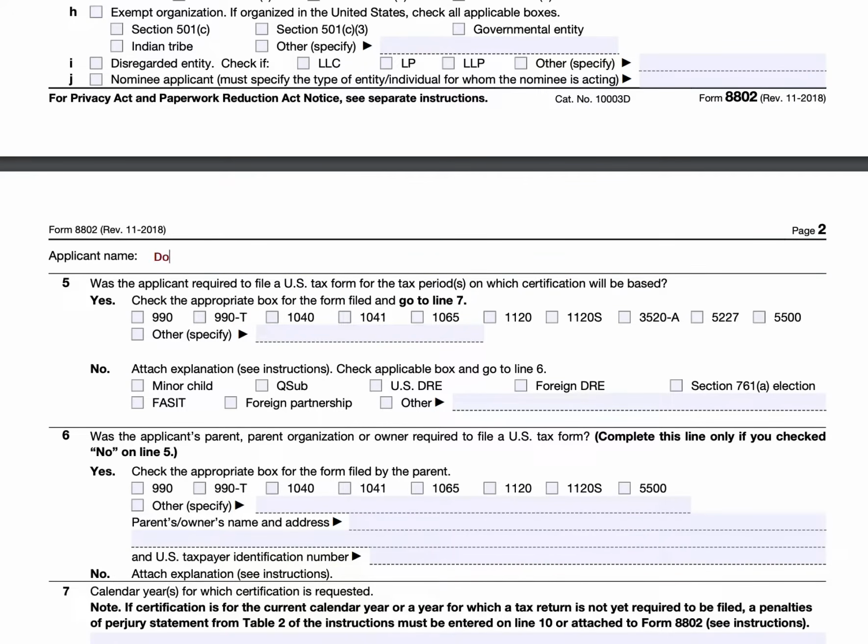John Doe. I forgot. John Smith being the attorney. So we're going to put applicant's name up here. In line 5, was the applicant required to file a U.S. tax form for the tax periods? Yes, in this case, he is a Form 1040 filer. However, if no, there may be some sort of explanation, and then you will need to attach proof of why you weren't required to